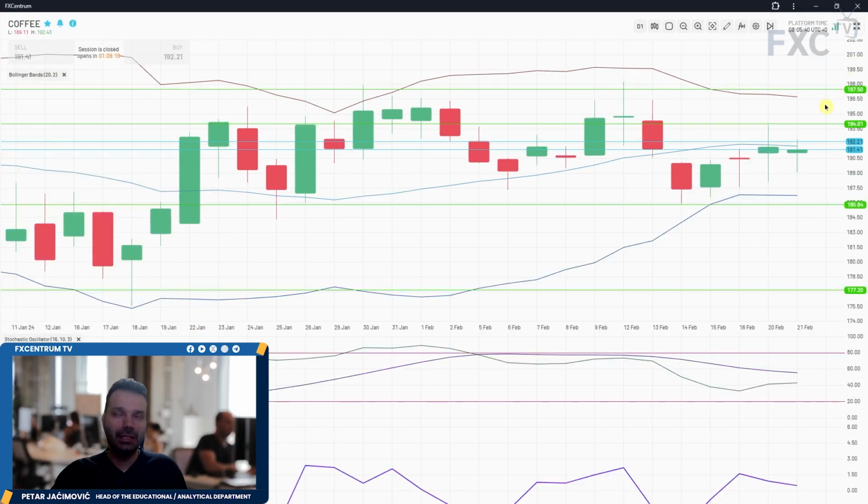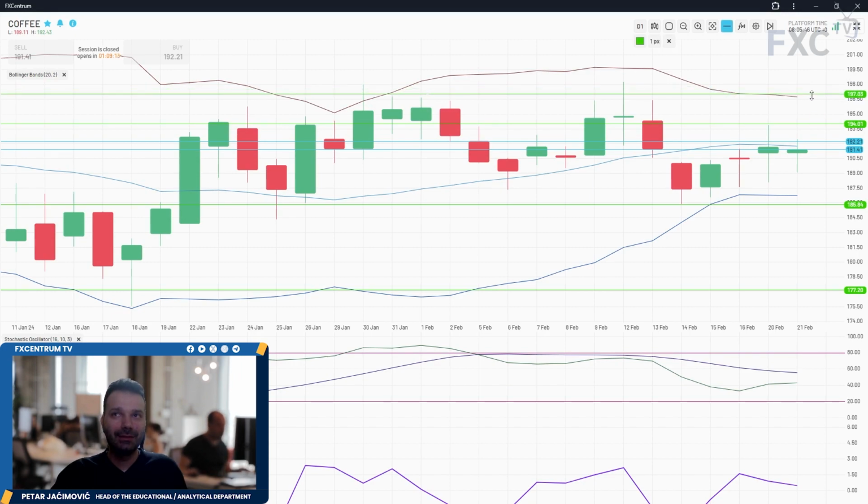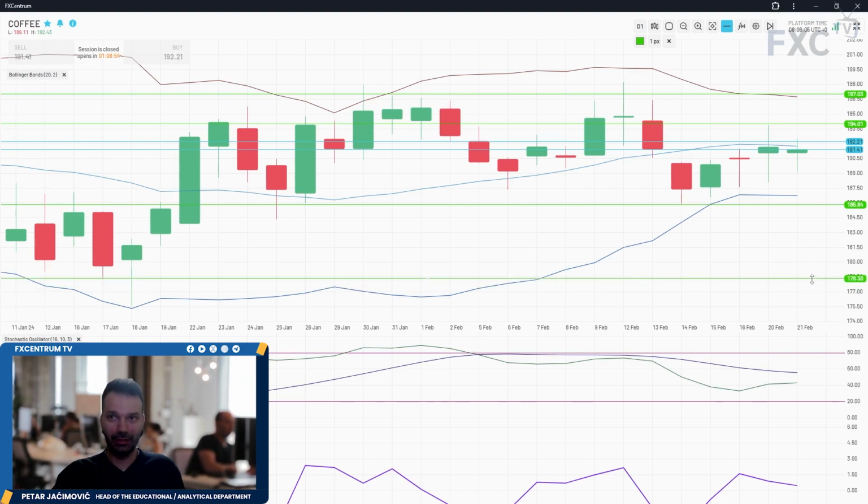The breakout idea can be pretty interesting at this point, because from one side, if market can clear the 194, there is a chance for market to go towards the 197, 198. But from other side, if market can trade lower and take this support area and the lower Bollinger Band around 185.85, then there will be a chance for an even drop towards the 178.40 or